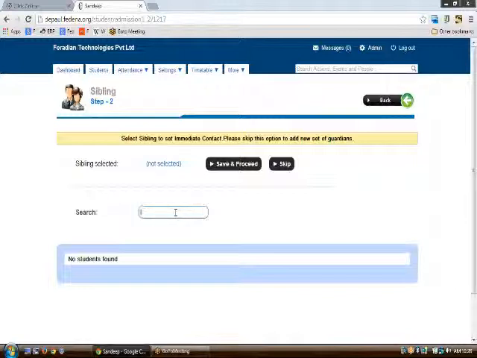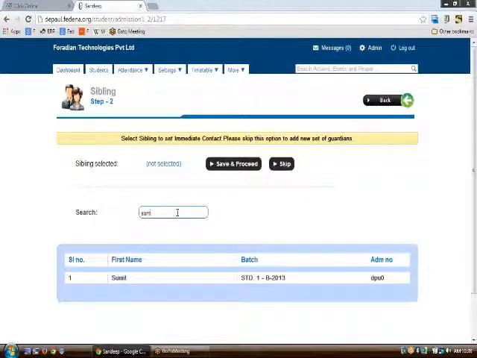Let us say that this particular person has a sibling with the name of Sumit. On clicking Sumit, the parent data of Sumit will get copied to this particular person. So this is how the siblings part works.